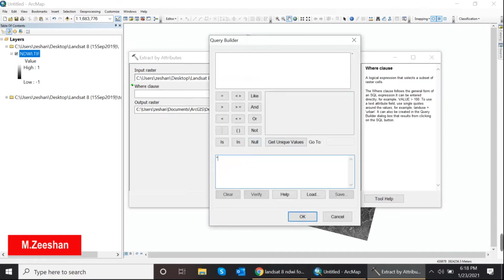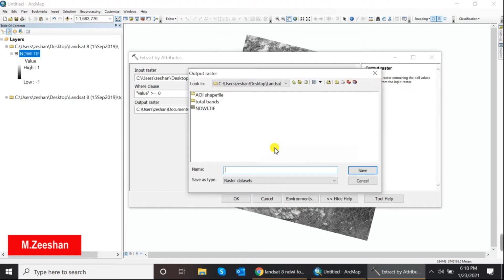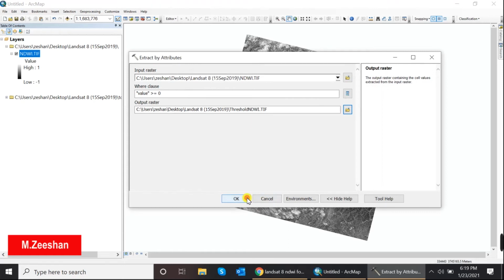In this class, write value in parenthesis greater than 0. Now name this raster threshold ndwi dot tif. Okay, and press OK.